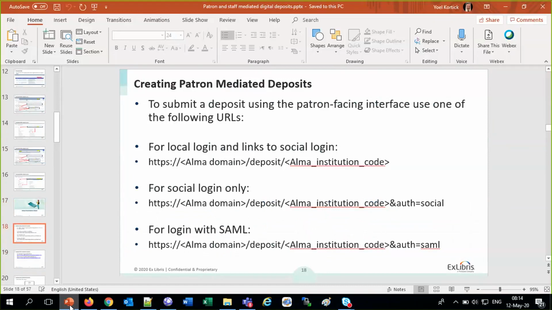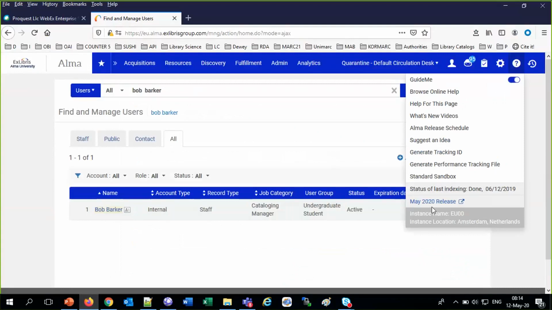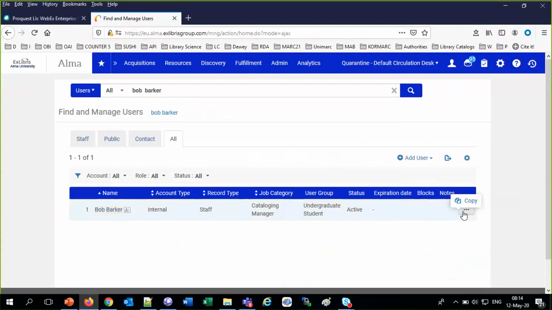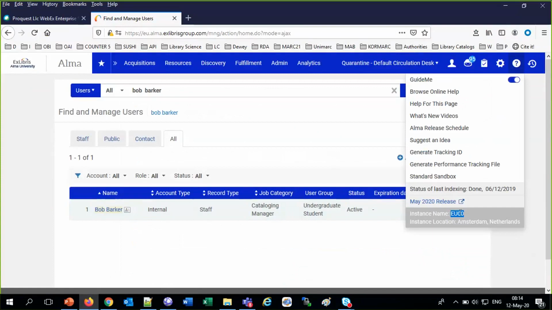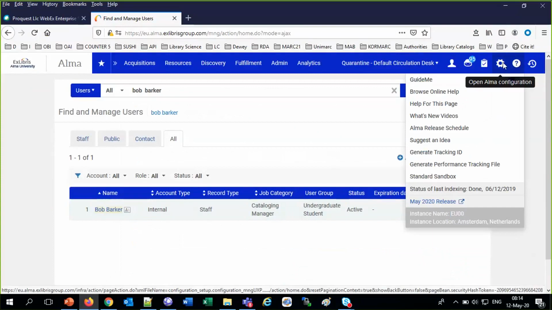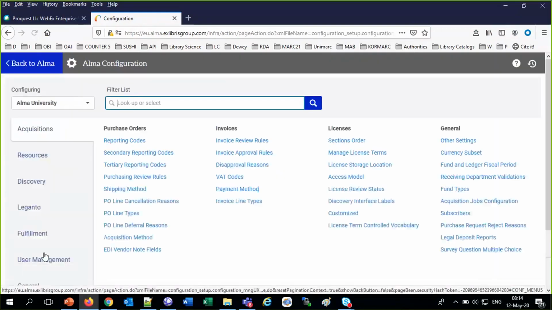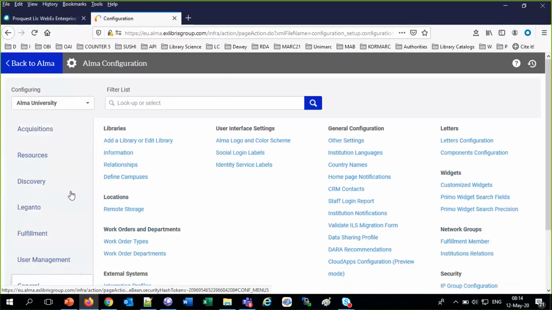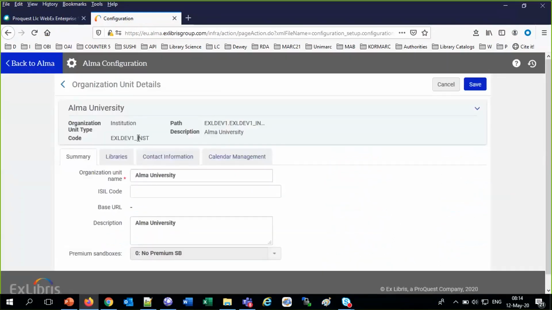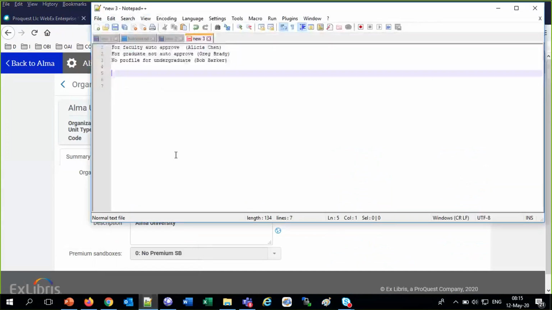So every institution has an instance and the code of their institution. For example, where I am right now, my instance is EU00. My institution code, if I come to configuration, then general, then add or edit a library, is EXLDev1inst. That would mean that I can log into Alma by doing